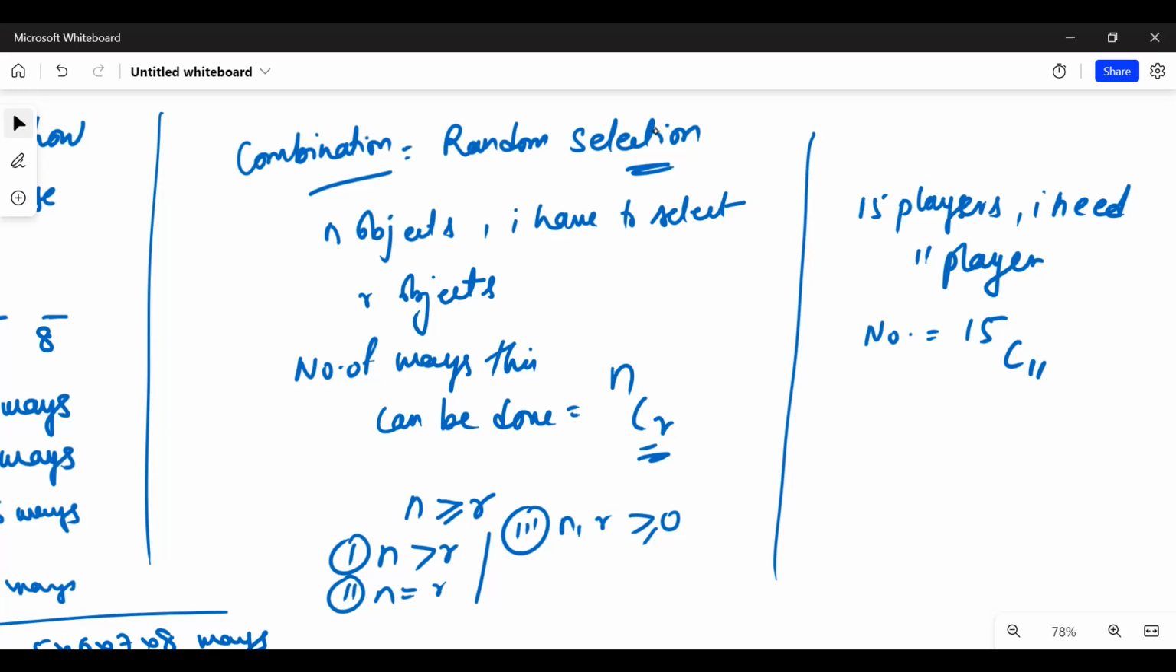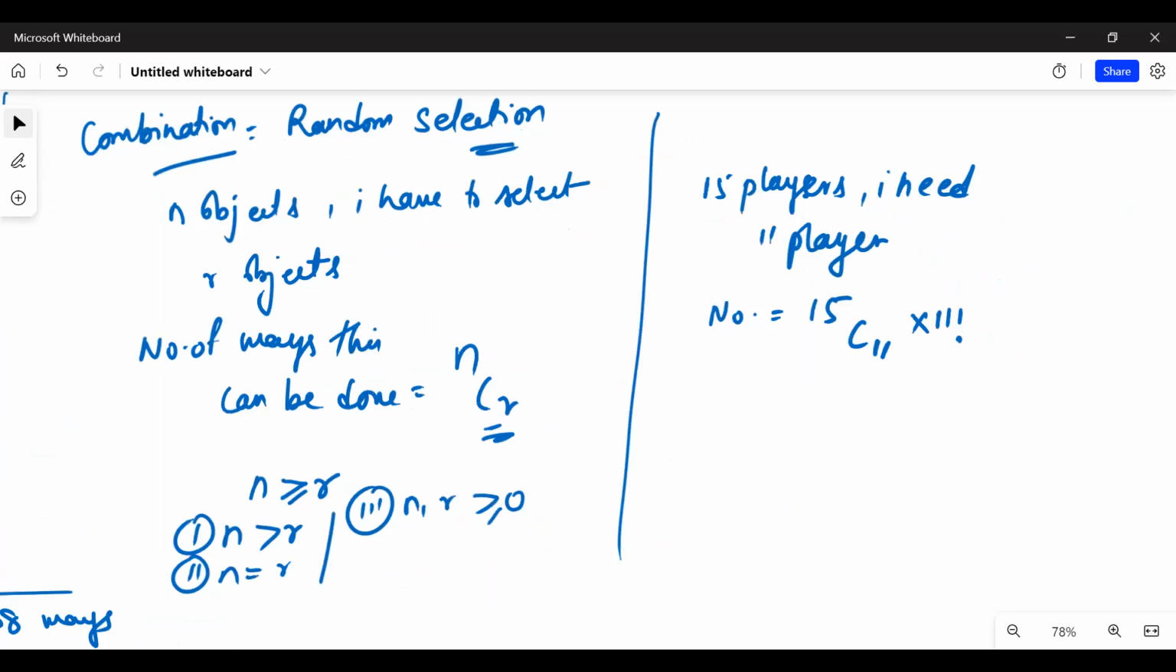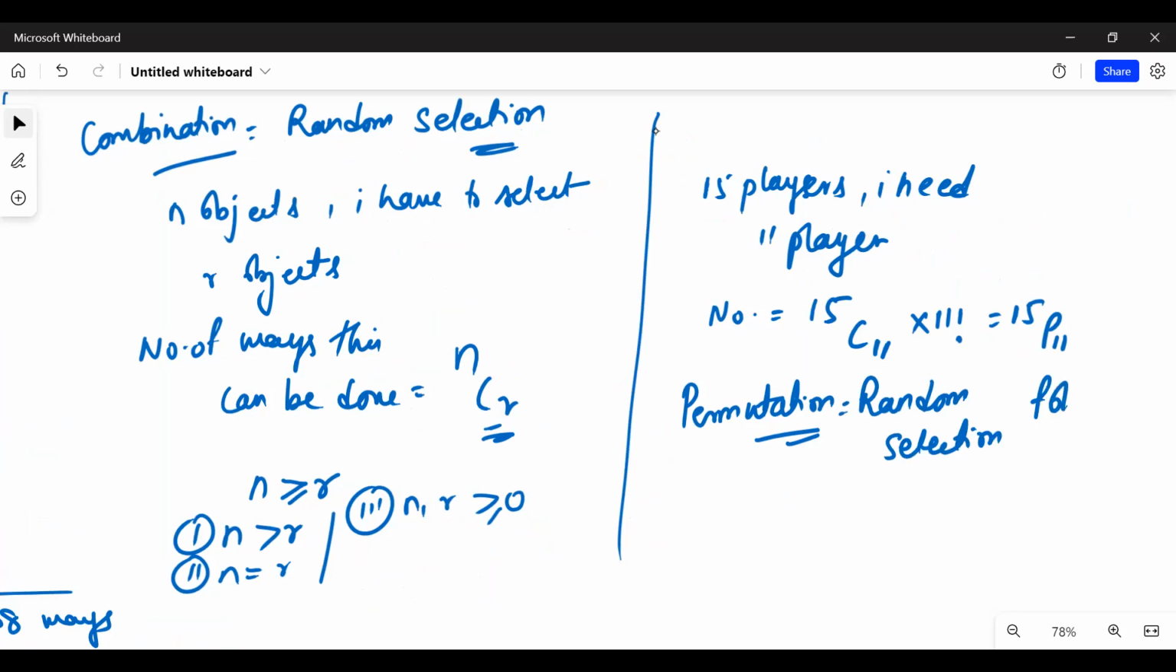But once you select them, if you want to arrange them also, now I have 11 players. I want these 11 players to sit in 11 places. So how will you do this? This you will do in 11 factorial ways. And this is what is called permutation. So when we say permutation, now what is permutation? P stands for permutation. Permutation here means random selection followed by